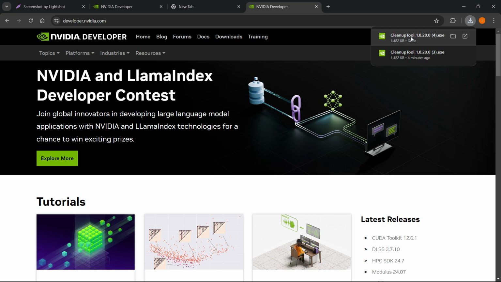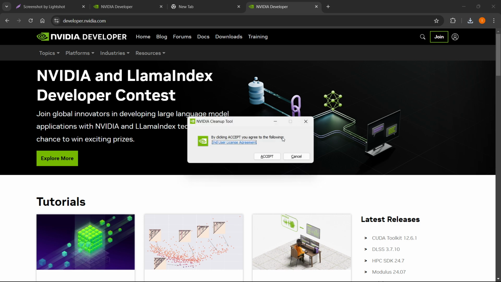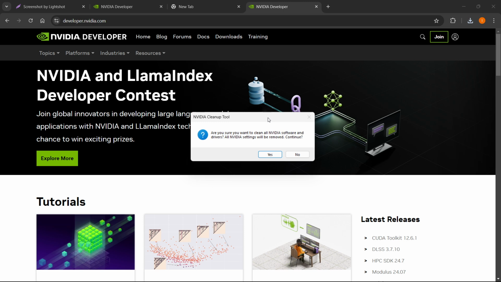Now, what you want to do is simply press this, and then if it asks you for your PIN, enter it, and then you want to accept, and then it says, are you sure you want to clean all NVIDIA software and drivers? All NVIDIA settings will be removed. Continue, and you want to press yes, and you want to go through the cleanup tool. So I'm not going to press yes because I just did that a few seconds ago, but you should do it,